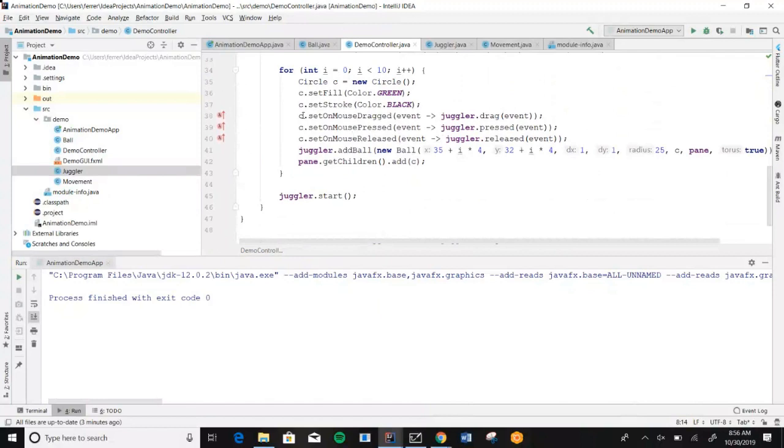And then I tell each circle, when the mouse is dragged, I want you to call the juggler.drag method. So what I've done here is set up what's called an event handler. The mouse getting clicked is an event, or when it gets dragged, I get a mouse event, and I want that passed to juggler.drag there. When the mouse is pressed, I want that event sent to juggler.pressed. When the mouse is released, I want it sent to